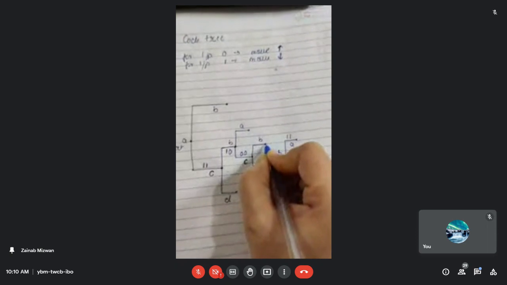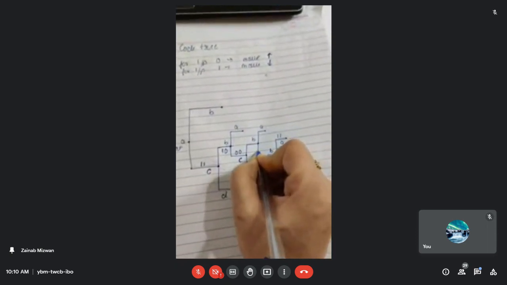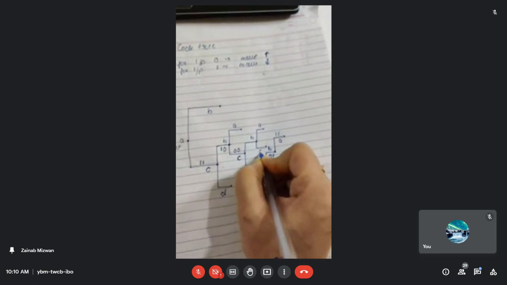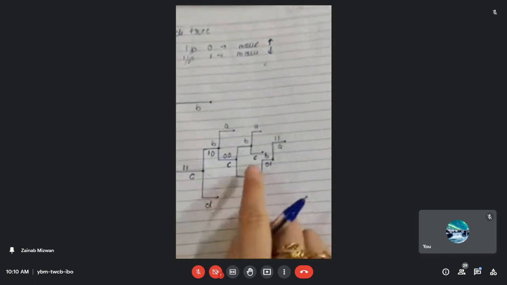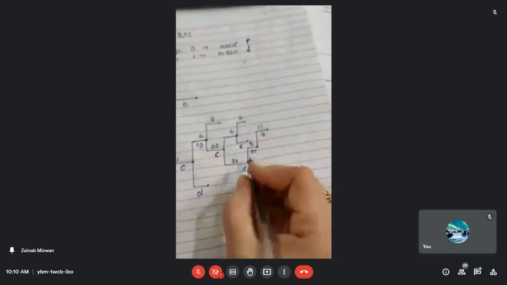So again what I am having is B, B2 I am having the condition I will just go to the state A, and then I am having the condition when I am going to go to the state C over here. So again I will just complete these branches. What I am going to do is I am going to complete these branches over here.